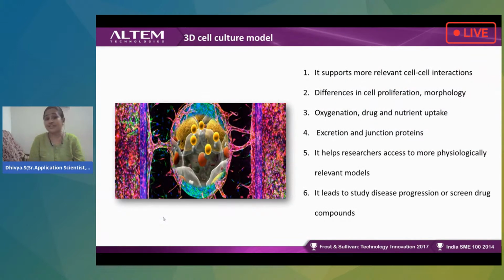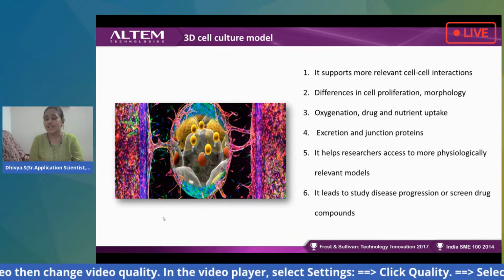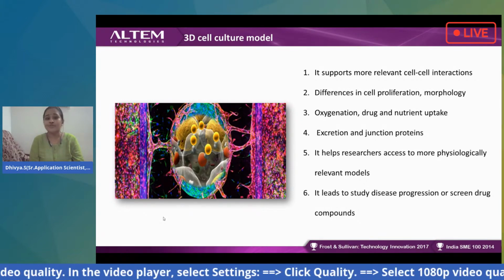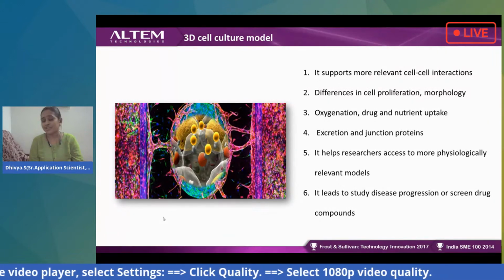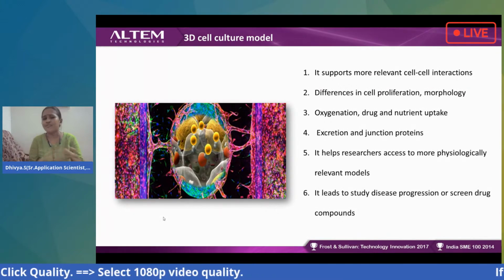So why a 3D cell culture model? If you didn't attend our previous session, this is a glimpse of it. It supports more cell-to-cell interactions, and you can see the morphology of the cells, cell proliferation, and whatever the metabolism is going to be, all representing our in vivo system. Moreover, oxygenation, drug intake, nutrition uptake, interactions, and signaling matter a